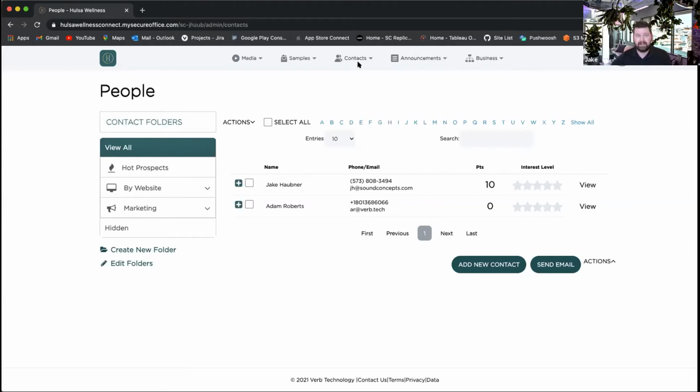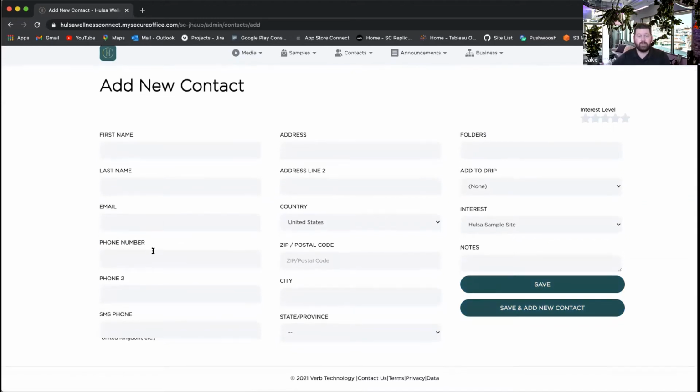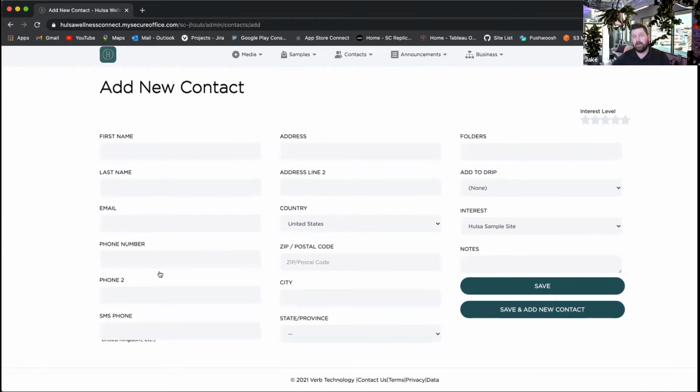You can also add contacts to the desktop by adding a new contact, which you can do pretty straightforwardly, right? First name, last name, email, phone number, and you're going to need an email or a phone number to save it in here. So just know that you'll need that. So just put all that information in, save that contact,